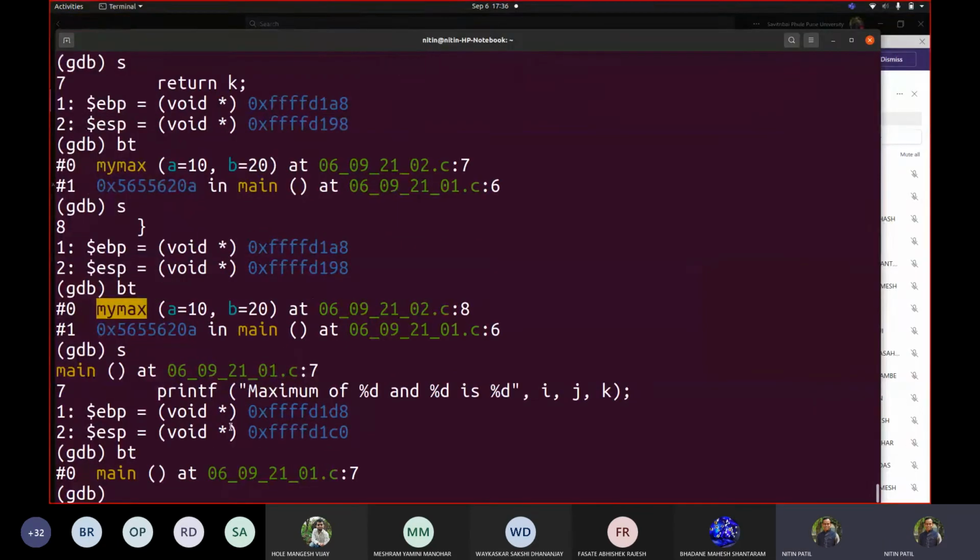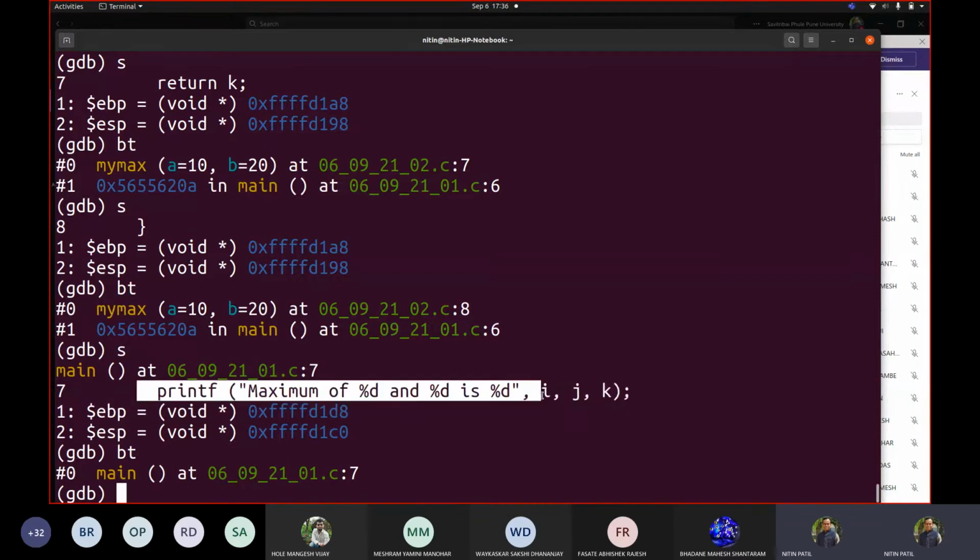Yeah. We were in the main function. So if I write BT, we know that we are here. So we are going to execute this statement, which is currently under execution. So if I say step,